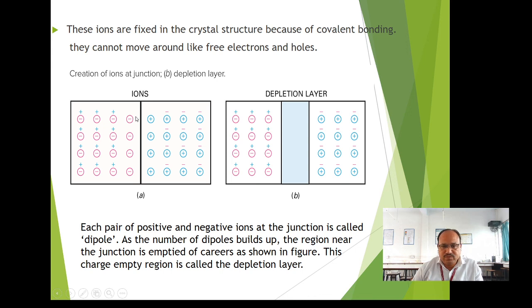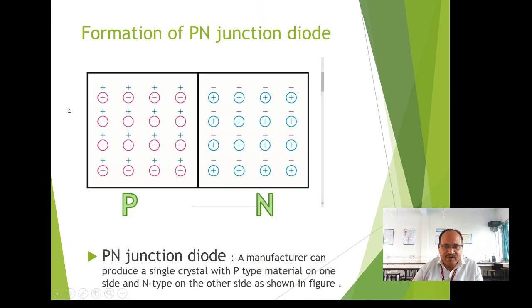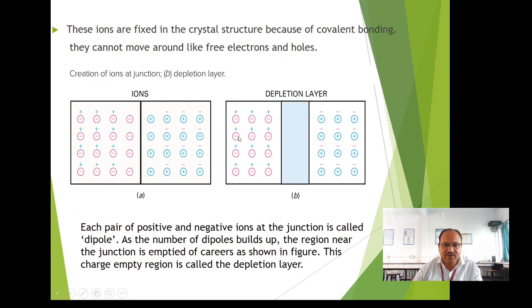So this charge empty region is called the depletion zone, because in this region the charges are depleted. From this region charges are depleted. Depleted means charges are moved away from this region. To deplete means to move away. That's why this region is called the depletion region. And this kind of device is called a PN junction diode, because it has two electrodes. Toward this P type, as the number of holes is more, this is called the anode. Toward this N type, as the number of electrons is more, this is called the cathode. So this is a PN junction diode.